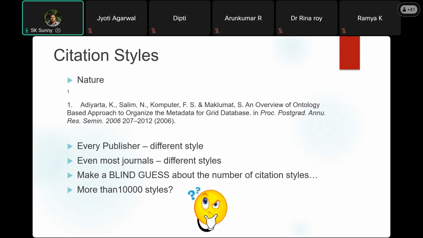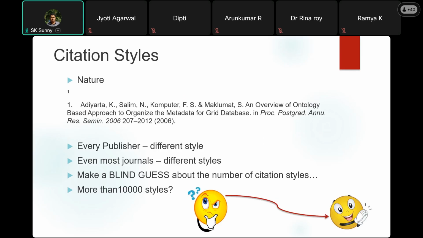Okay, so more than 10,000 citation styles, nobody can learn, nobody can go through it in an entire life. So what to do? We will just have a brief idea of what type of information we have to give in citation and what type of information we have to give in the reference. And converting from one citation style to another citation style, let the reference management software do. What reference management software can do,